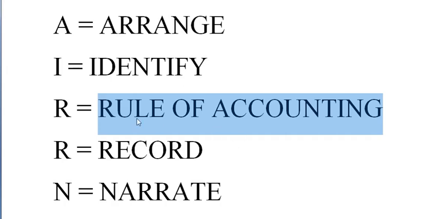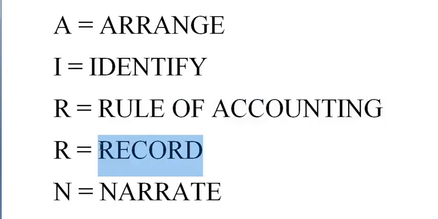So after applying the golden rule, now you will record. Then you will pass the transaction. Before you pass the transaction, you have to apply the golden rule. Do that entry first mentally. First you have to understand that, and then you will record, isn't it? You think first and then you write. So first you will apply the golden rule, think about it, and then you will record the transaction.